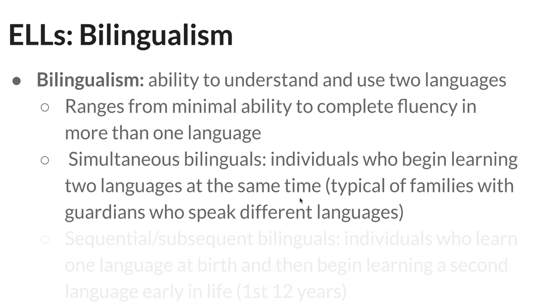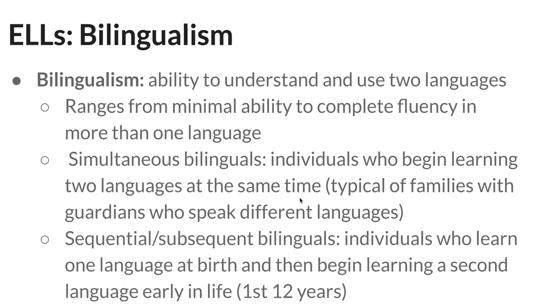And then we've got the idea of bilingualism, the ability to understand and use 2 languages. Right. Also, people can understand and use a lot more than 2, but we'll just talk about bilingualism. This ranges from minimal ability to complete fluency in more than 1 language. And the 2 main kinds of bilingualism that we need to know about and think about are going